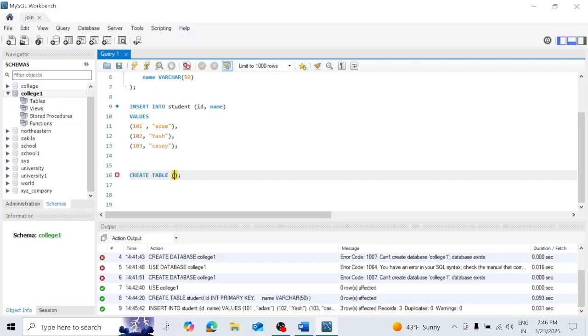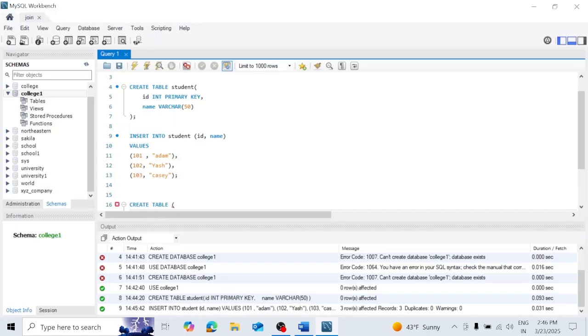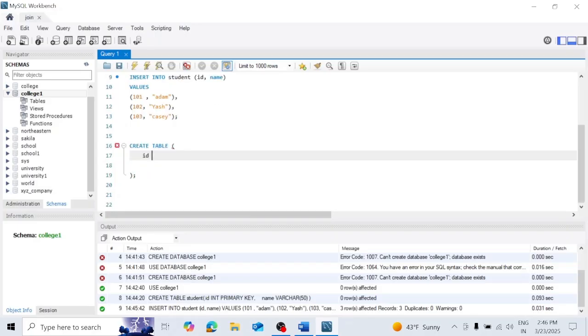In the table we will add different values. So for that, let's say ID. I want to add ID. We have ID, right? Yeah, we have. In that we will use integer as a data type, and we will give a primary key here,